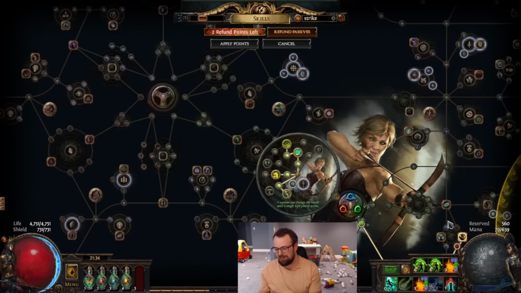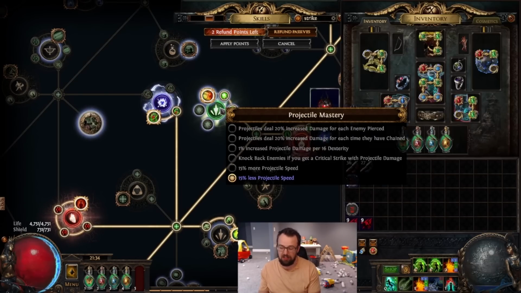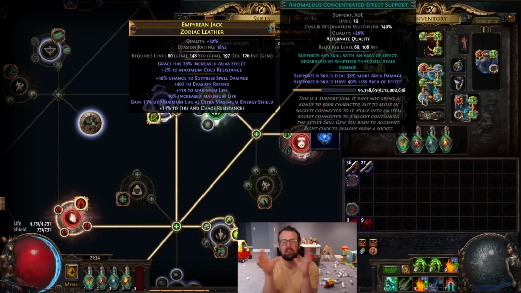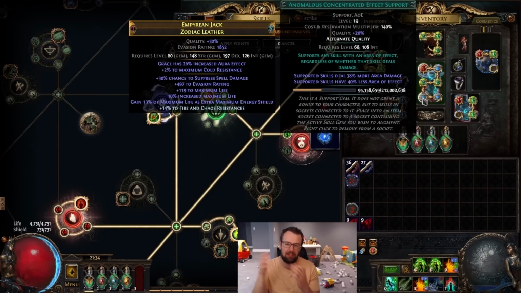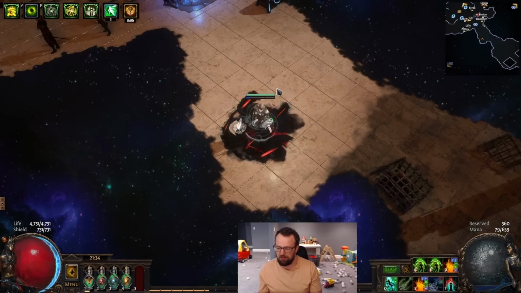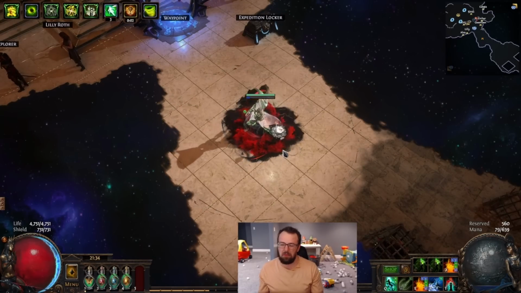The theory was, if I get enough reduced projectile speed from the nodes here, adjacent animosity, less projectile speed here, and slower proj, in combination with cone effect, can we make these projectiles basically go nowhere, so that way the chain ends up being a damage multiplier instead of a clear multiplier from this threshold jewel. So I'm going to give you a showcase real quick, what it looks like, and why this thing